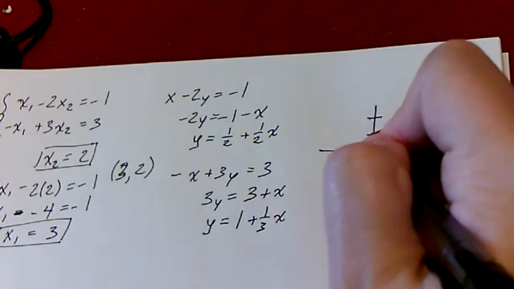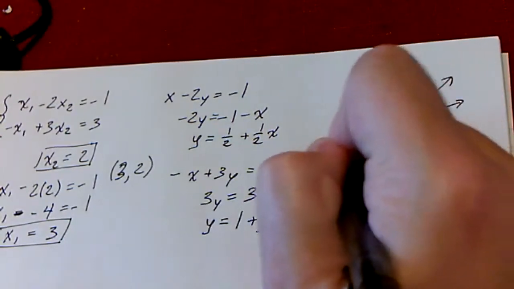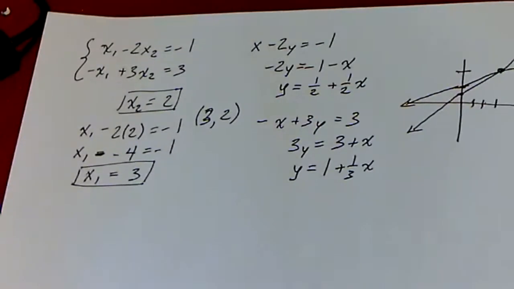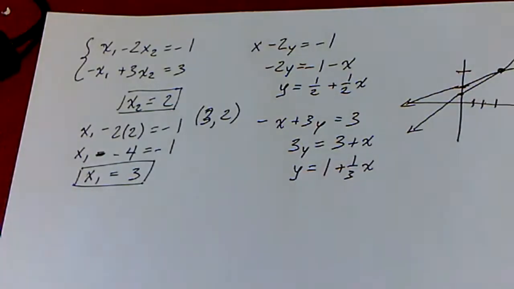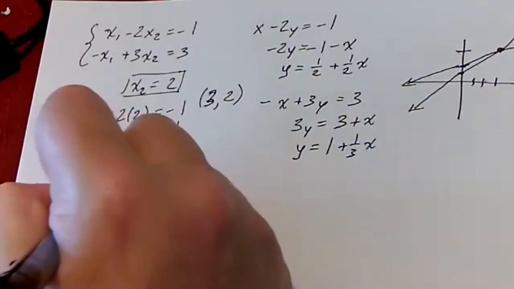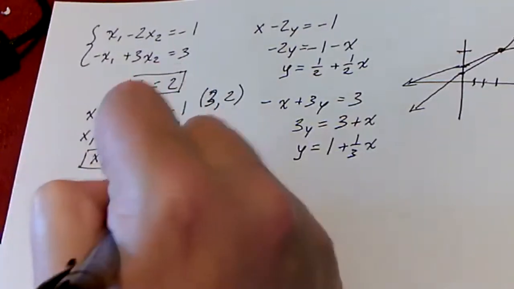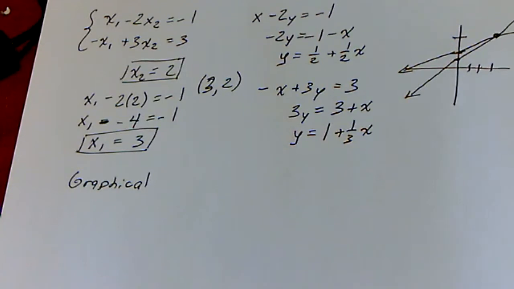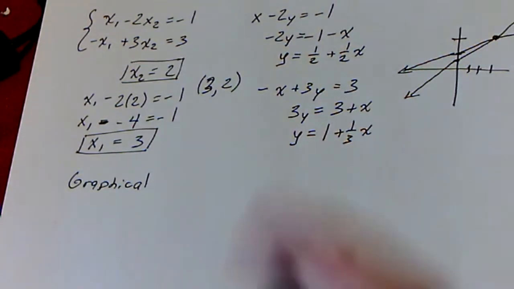And these lines extend back this way as well. So they just have the one point of intersection there, and that one point of intersection is at (3, 2). So graphically, if I have two linear equations in a linear system,